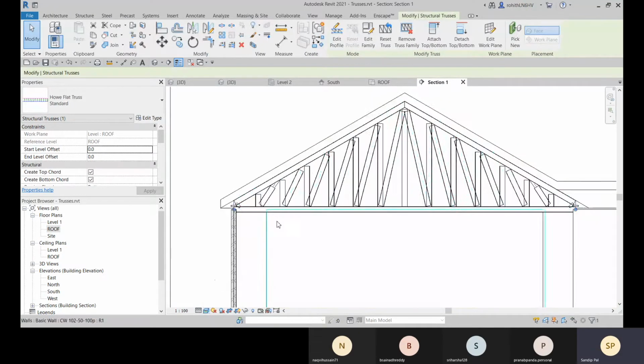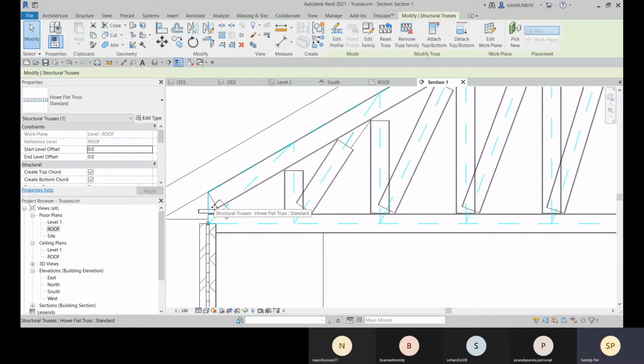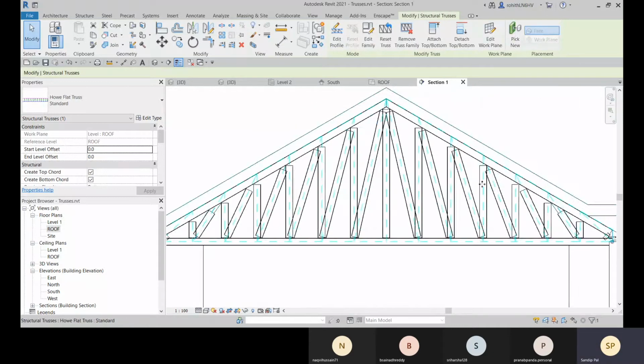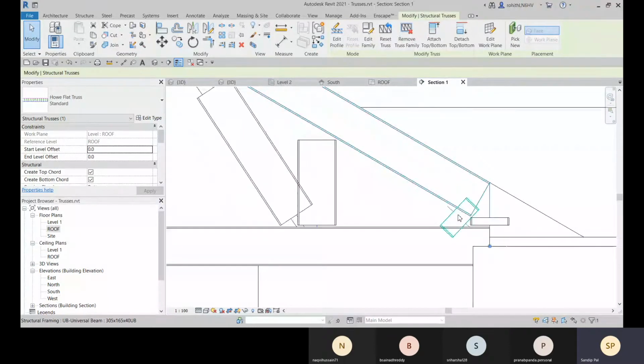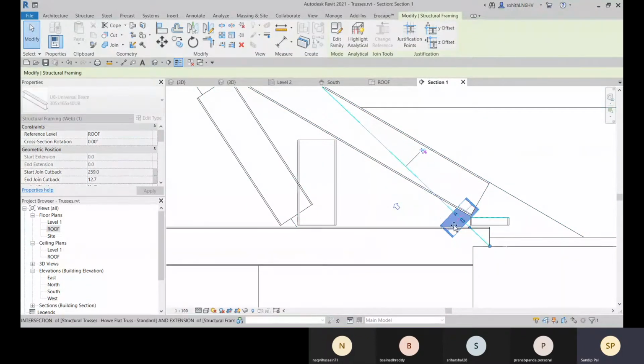Else I can go this hidden line. So what is the requirement currently? Currently we will be changing this. Okay, so here select it by pressing tab. Okay, select this by pressing tab and then unpin it. And after that, if you need to make any adjustment there, you can make it.